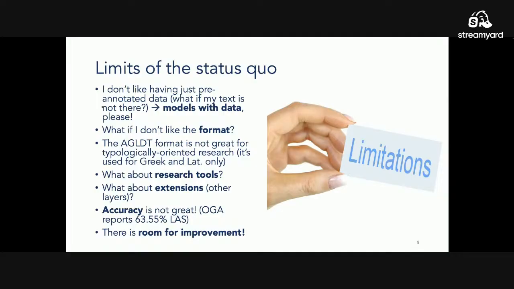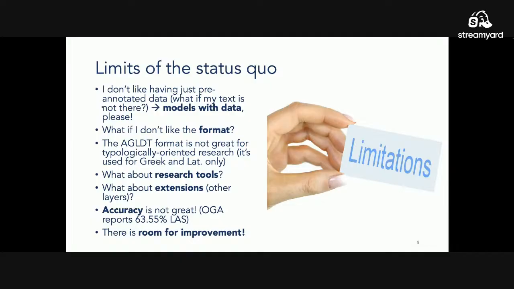But then also, what about research tools? Okay, I showed you, for example, one file that you can download for the Ancient Greek and Latin Dependency Treebank, but it's quite hard to work with that. How can I query it? Okay, some projects give you query tools, but then again, you are limited to what the software developers did, and there aren't many tools.